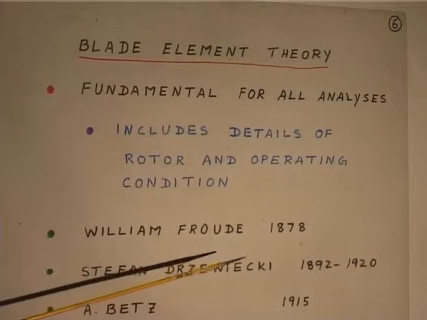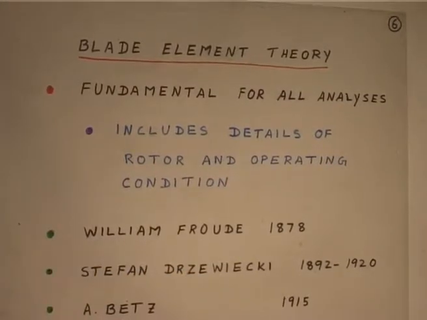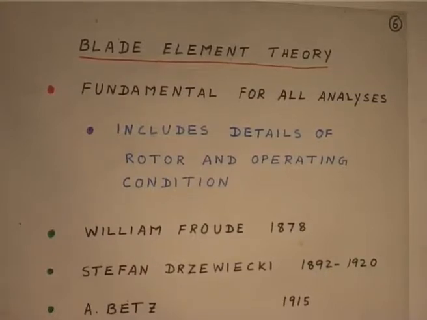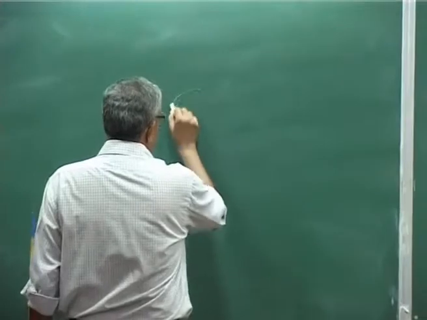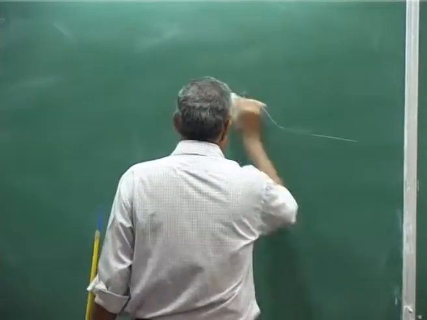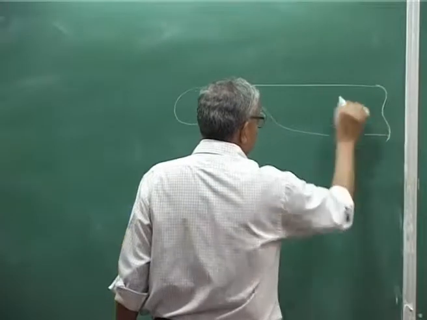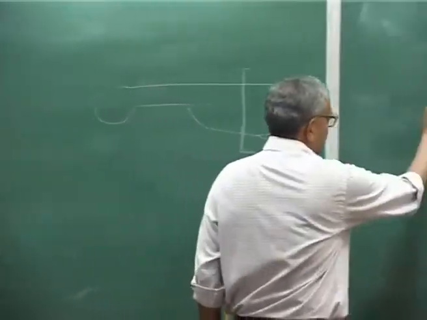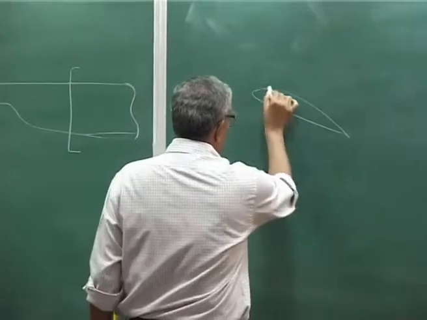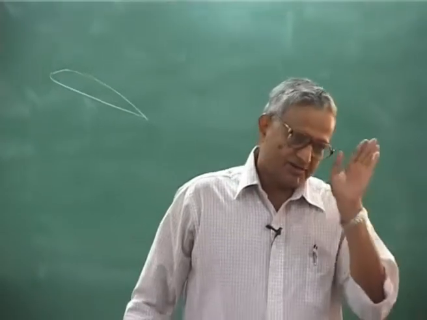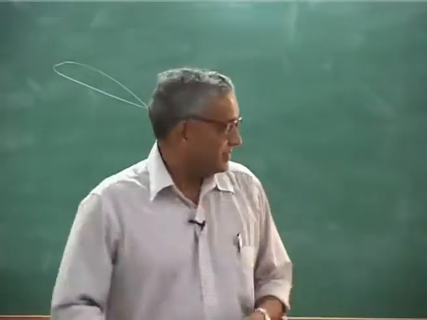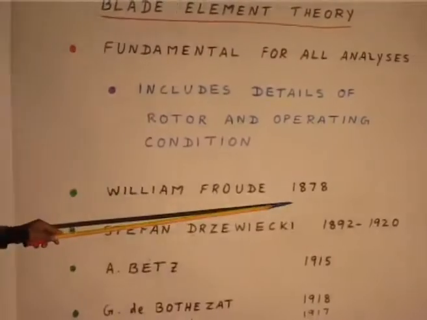it was proposed, he basically started, William Froude in 1878, because blade element theory essentially says that I am going to treat every cross section of the blade separately, because you know that the rotor blade is essentially an airfoil shape. He said, I am going to look at the cross section of the blade, which is an aerofoil,